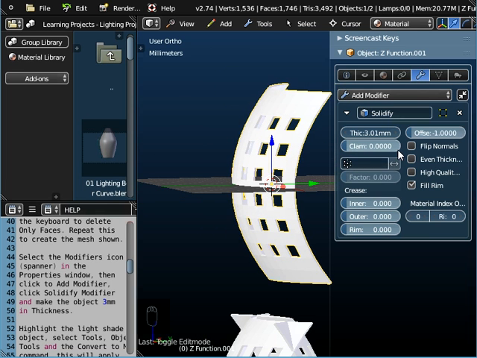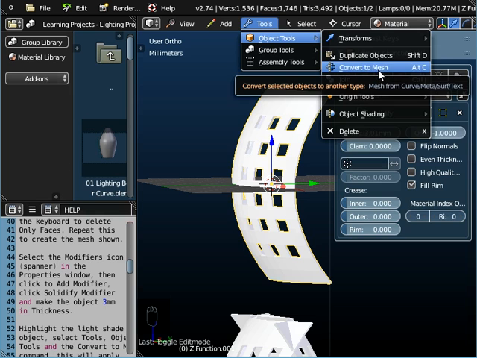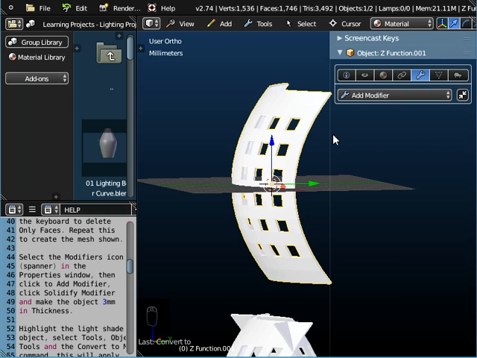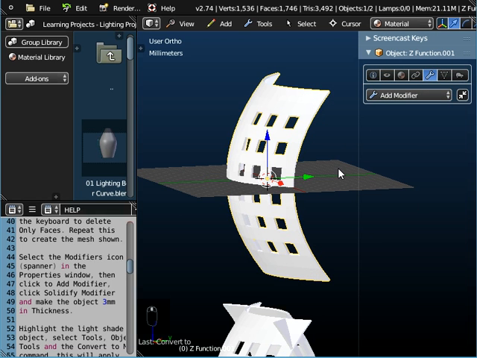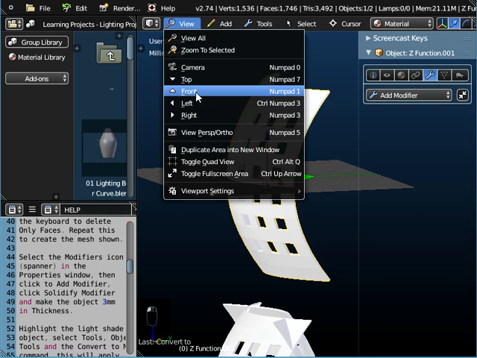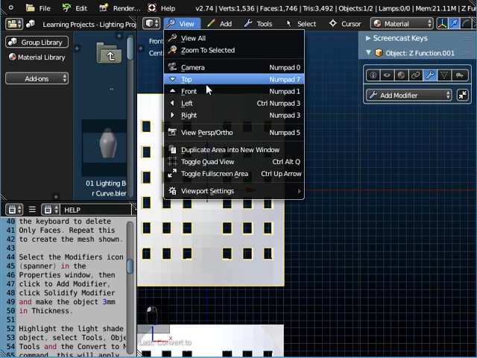Now to apply this modifier in FluidDesigner, we've always got to go to Tools, Object Tools, and convert it to a mesh, and it will disappear from the properties panel there, and you won't be able to change it again now. So let's look. That's a view from the front. If we view it from the right hand side now,